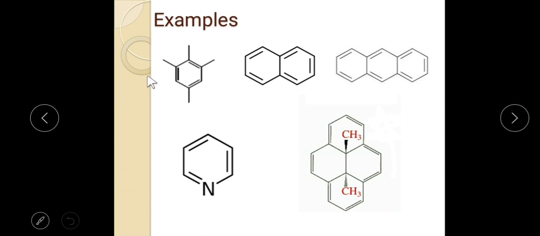Can you guess how many signals this molecule will show? Simply you need to draw a plane passing through these two methyl groups, and you need to count. Now there is only one plane possible. So what you need to do? We need to calculate the hydrogens on the plane and one half of the molecule, because there are only 2 equal parts. So we need not calculate the other part, because it is similar to the first part.